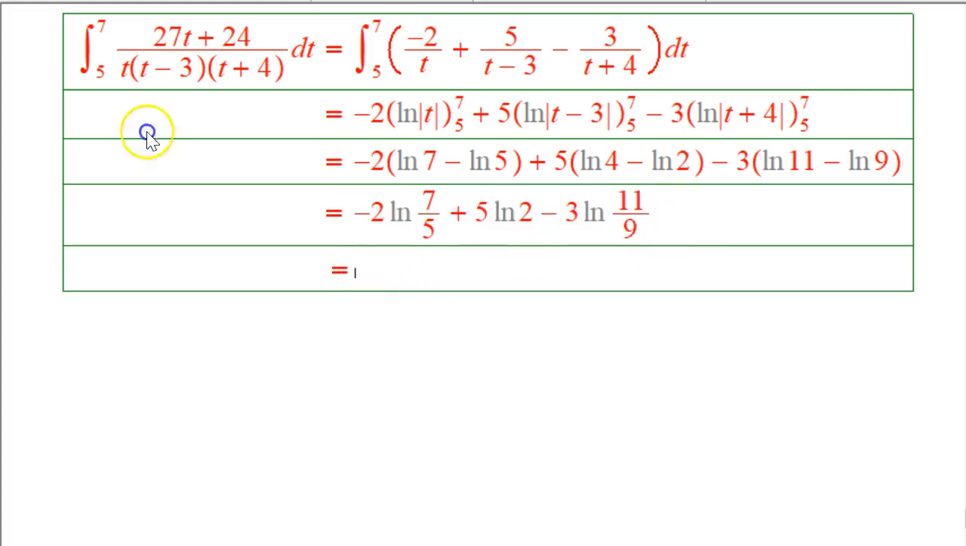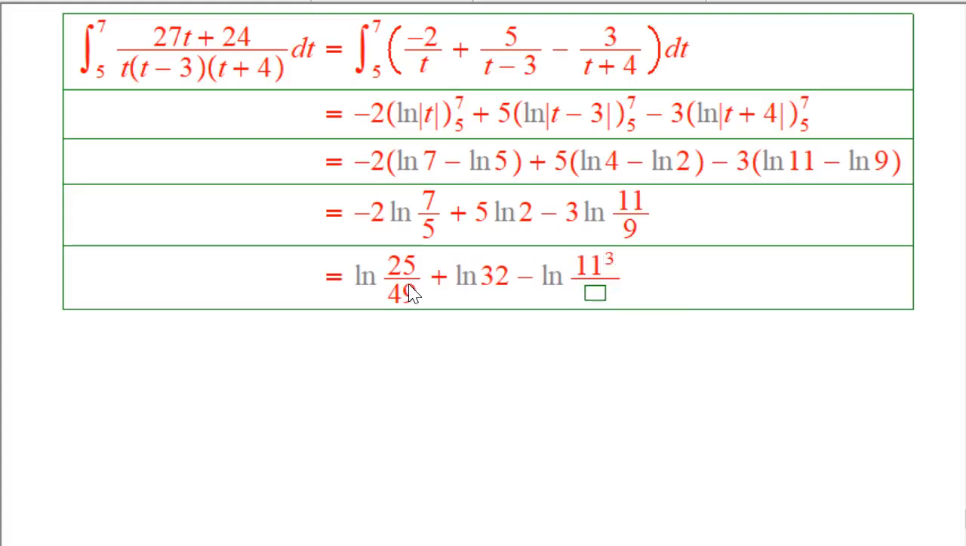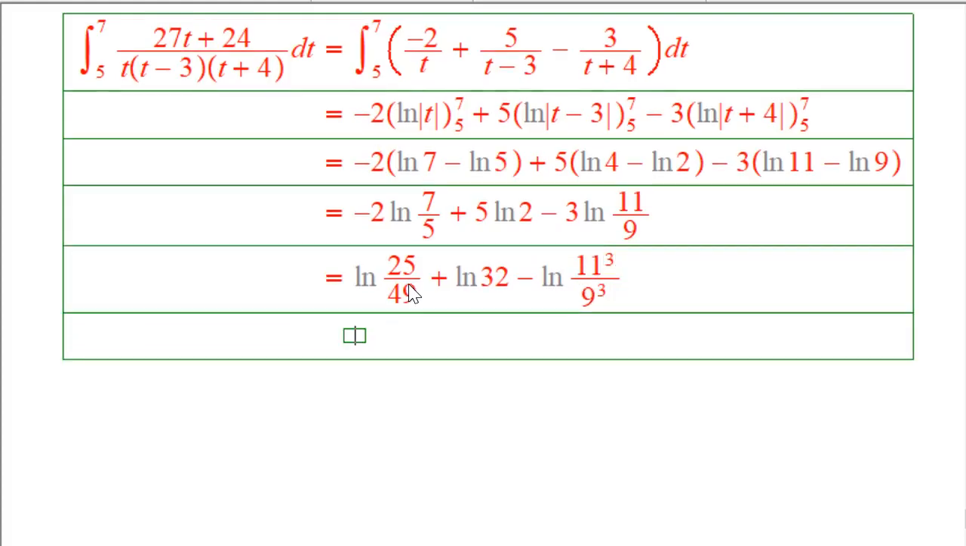But let me just remind you, with rules of logs, we could actually combine this into one big log. This is log of 7/5 to the minus 2 power. So that's otherwise known as log of 25/49 plus log of 2 to the 5th, which is 32, minus, it's going to get a little bit nasty, or let's say, minus log of, I'm just going to write it as 11 cubed over 9 cubed. I didn't contrive it to have this particular part be very nice. And so if you want it, it's log of big thing,